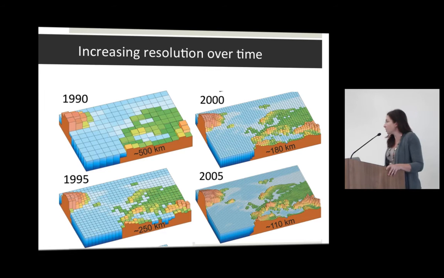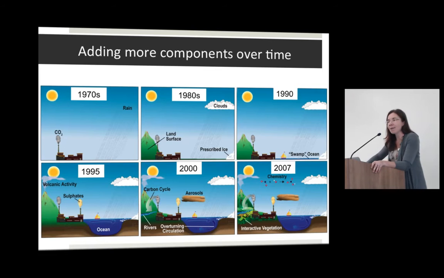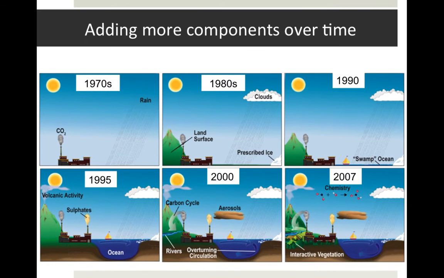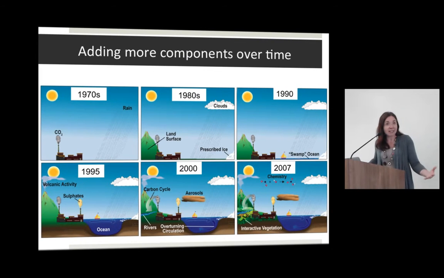There's also not just an issue of spatial resolution, there's an issue of including all of the factors that matter. When they first started running climate models with future projections on a regular basis back in the 1970s, there was an atmosphere, there was the sun, there was rain without clouds, a miracle, and there was no ocean. They added the ocean, they added ice, they added land surface. It wasn't until the 90s that there were actually GCMs, atmosphere-ocean general circulation models with circulation of the ocean. Now there's chemistry, now there's Earth system models that have a carbon cycle in them.